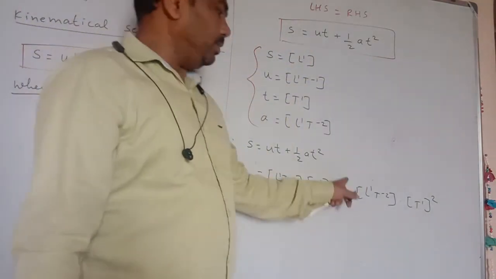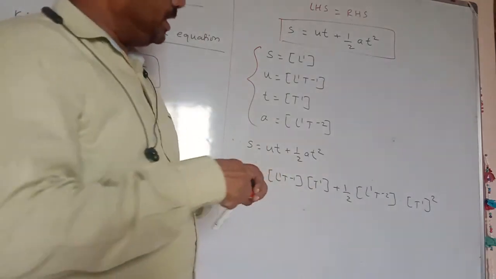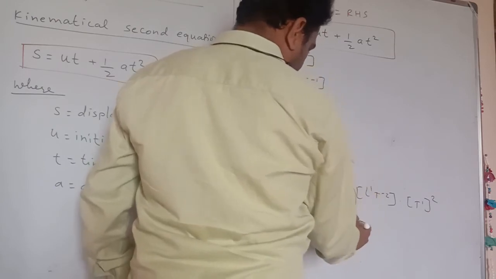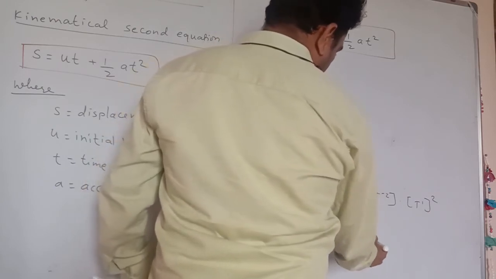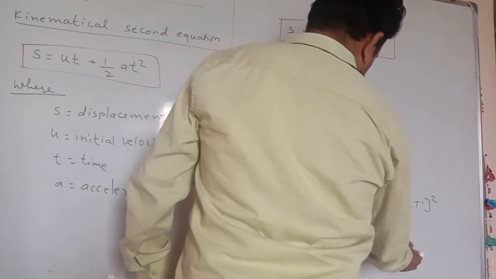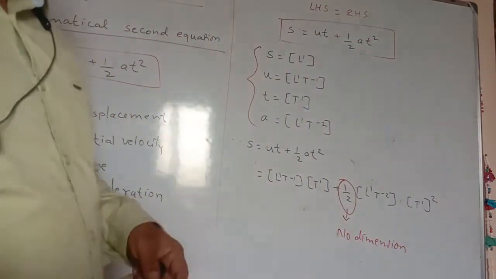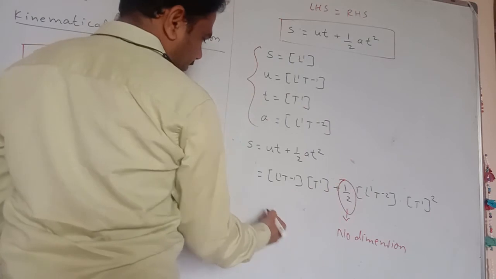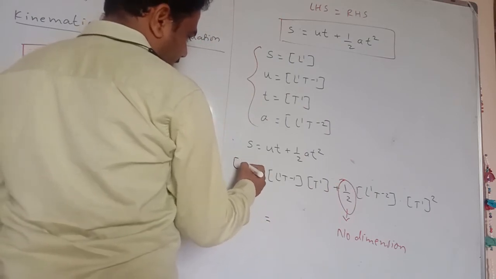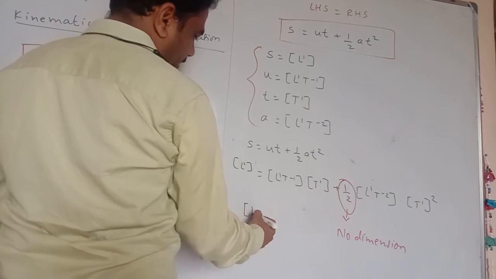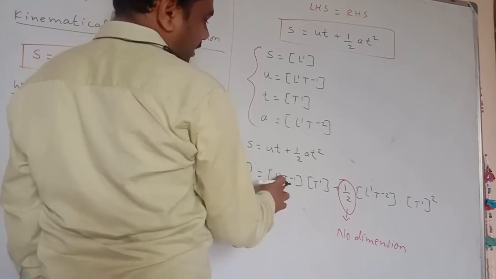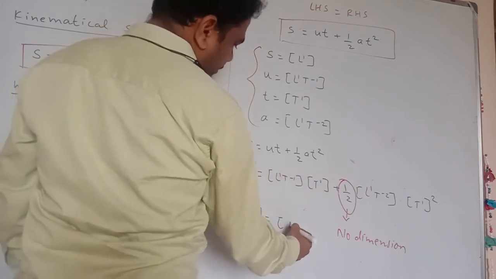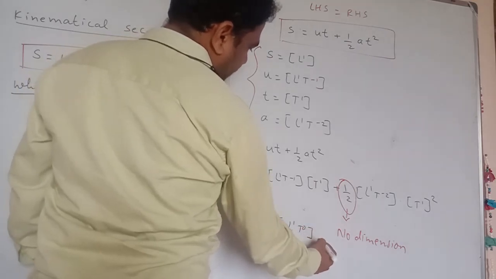See here, 1 by 2 is a number, an integer, so it is dimensionless. It has no dimension, so we are not considering that quantity. So it becomes S, that is L1, equal to L1 T minus 1 into T1. Minus 1 plus 1 becomes 0, so L1 T0 is there, plus